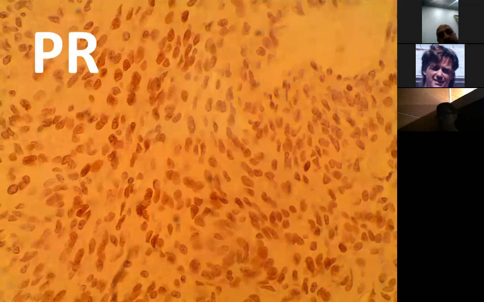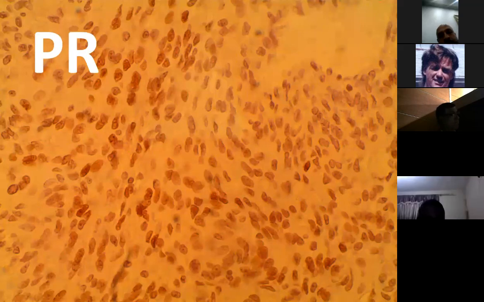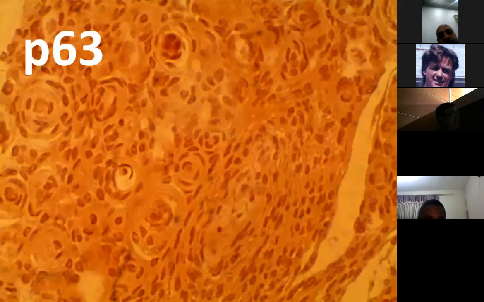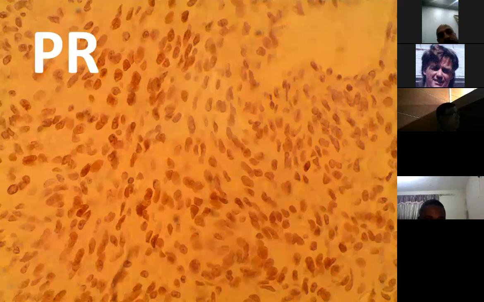Progesterone: usually meningiomas express progesterone, which increases growth, and that's why they're more common in females. In this tumor, progesterone was not very high. Some literature associates this with worse prognosis, but there is not a solid list of papers. So progesterone shows nuclear staining, but the expression was very low, less than 5% in this tumor, which is not the usual case. Usually there is a higher percentage of progesterone expression among the meningeal cells.